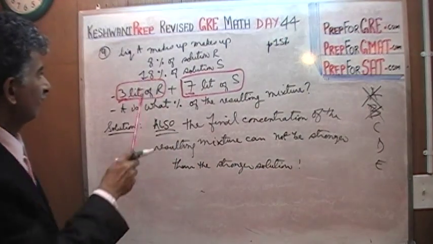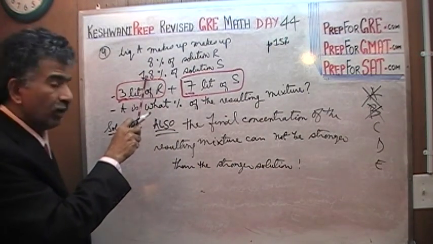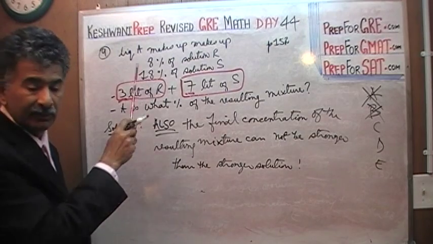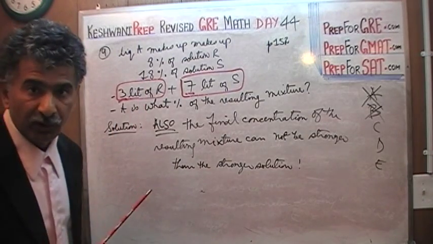The stronger solution is 18%. Let's pretend, just for the sake of argument, that you put 1 liter of R